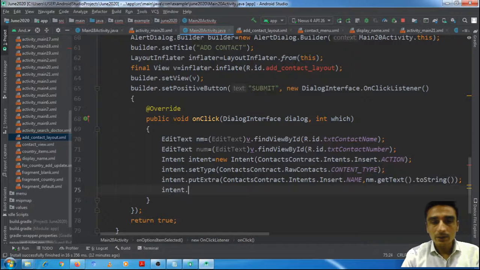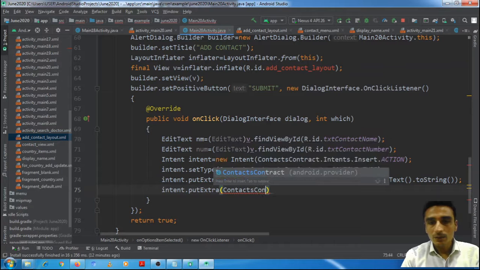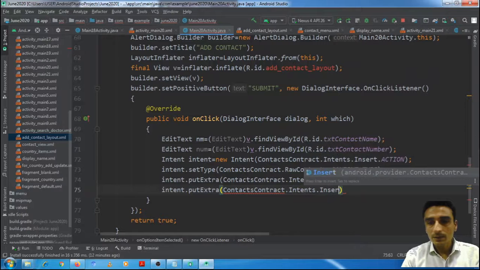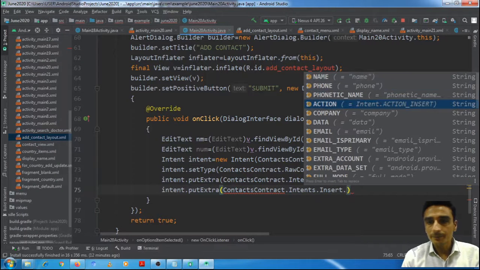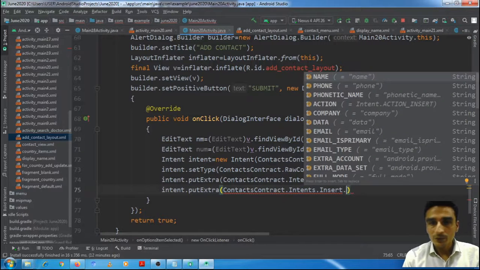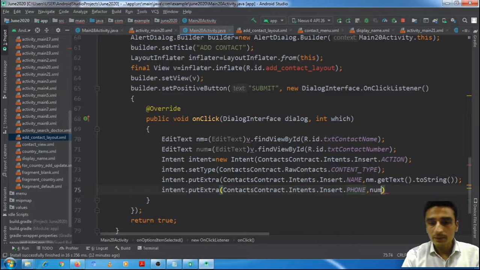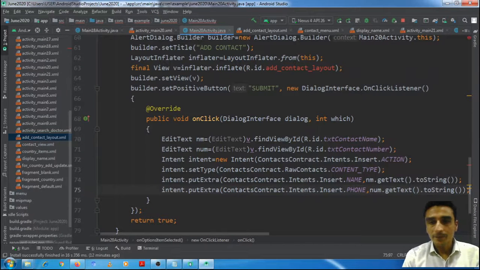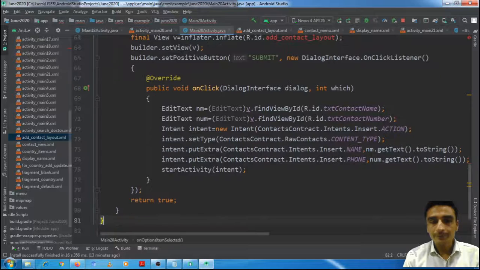Again intent dot put extra, contacts contract dot intents dot insert dot phone, sorry, and the number is in num dot get text dot to string. Then start activity intent.